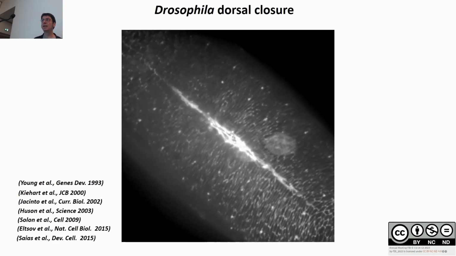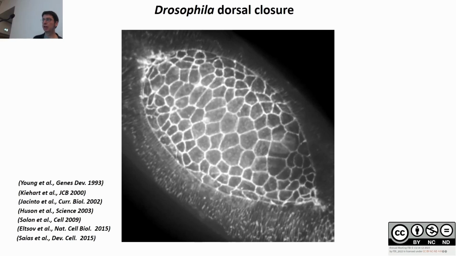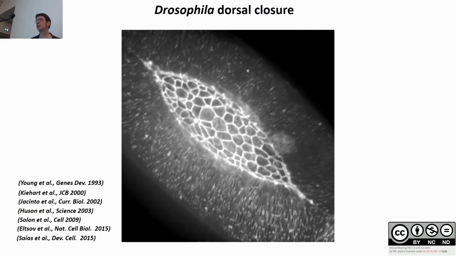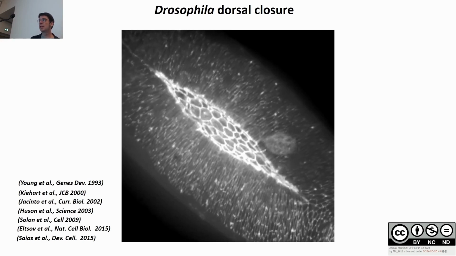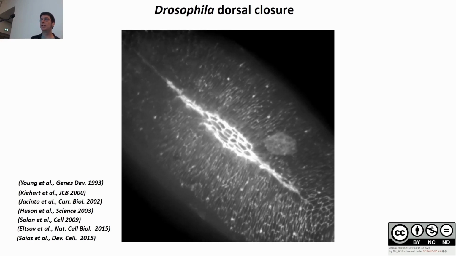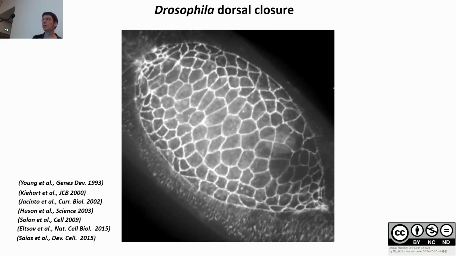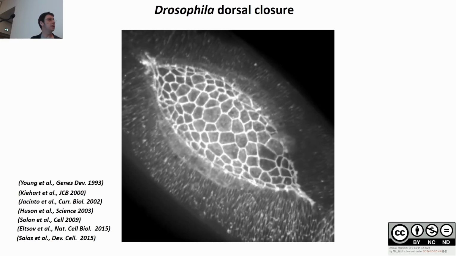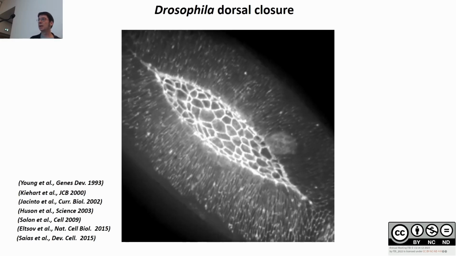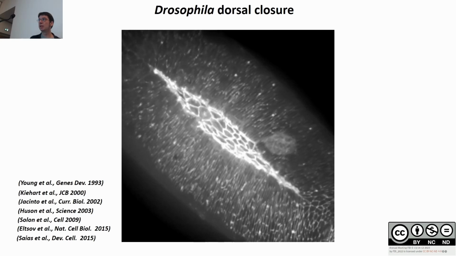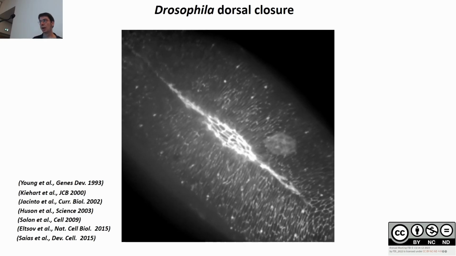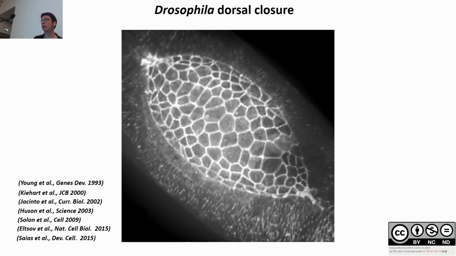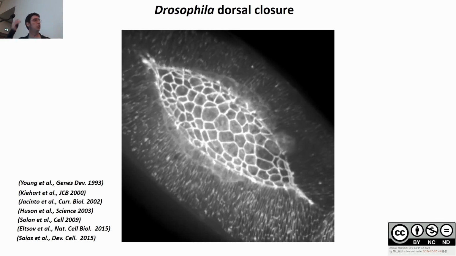In terms of forces, we know that there is a central tissue called the amnioserosa tissue that generates a contraction and will pull on the epidermis. There is an actin cable that we don't see here because actin is not labeled, that is surrounding the opening and also generates forces. And then there is an epithelial zipping that occurs here. I will describe several of these aspects today. I will start by trying to understand the contraction of this central tissue, the amnioserosa.